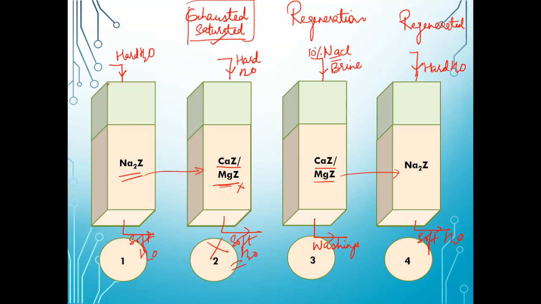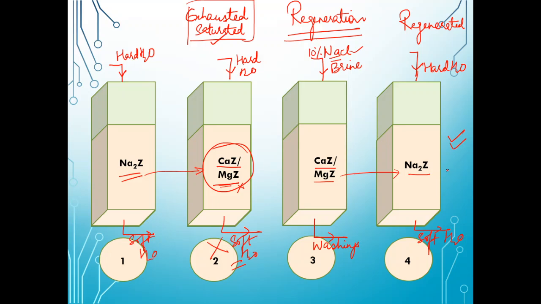So in all, the overall process contains four steps. The first step is removal of water hardness, which is softening of water. In between, you have to take a pause because it may get exhausted, and you have to regenerate your calcium Z and magnesium Z back. You want your Na2Z back. So that step is known as regeneration, wherein you have to supply a solution which contains Na ions. Normally, NaCl solution is used to regenerate it, so that you can regenerate your zeolite back, and that's how you're again ready for the softening process.